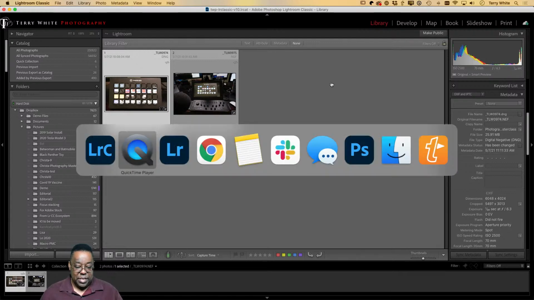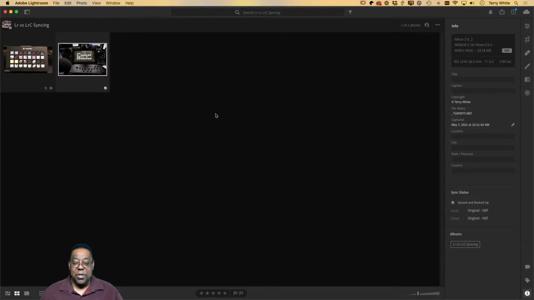All right, back to Lightroom Cloud, or Lightroom. In Lightroom, it's syncing the full resolution. The full resolution goes up to the cloud. You can choose to have the full resolution come down to your devices or just smart previews of those full resolutions, up to you. And same thing, if I make changes on any device, it makes those changes across the board because it's syncing the metadata back up.